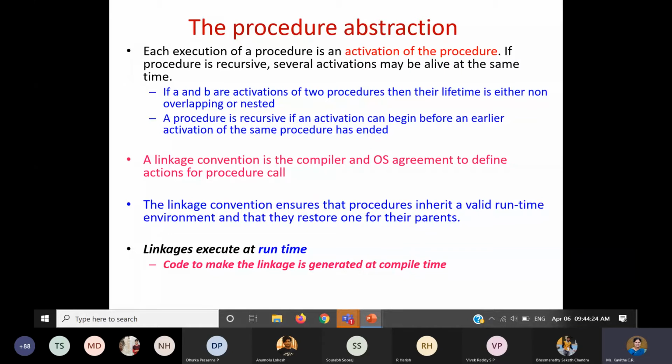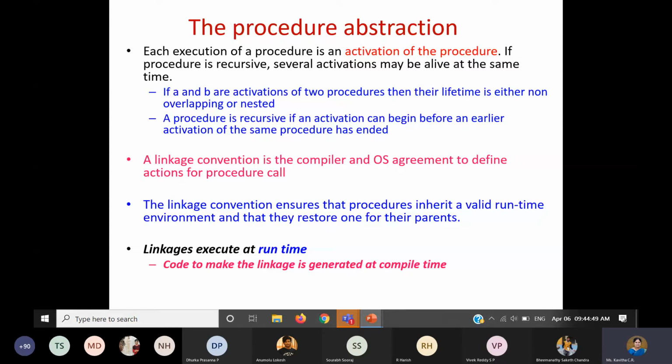Okay, and not only this, we also need to have an agreement between the compiler and the operating system. We use a lot of libraries in our program, isn't it? In the high level language, we use a lot of libraries. So how can this happen, how will it link all these libraries, because you know that the libraries are already in executable form.